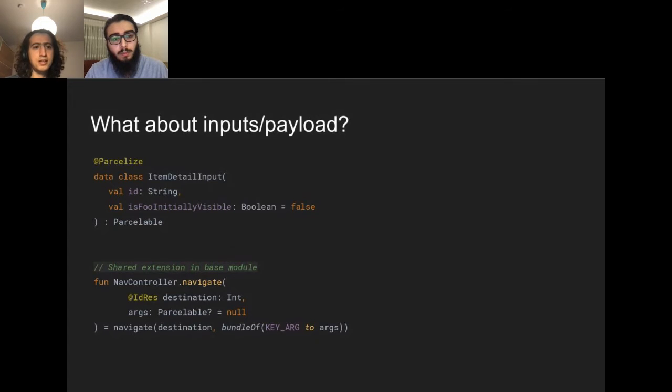What we do is that we don't do that. We define a data class, put Parcelable on it, and it's great because everything is named, so you cannot make any mistake. When you want to open, you just call this and you can use named arguments. It's very readable. And when we are calling, we have this really cool extension function where we always use the same key argument, and it's an implementation detail. We put this here for you to see, but when the developers are using it, they don't even deal with